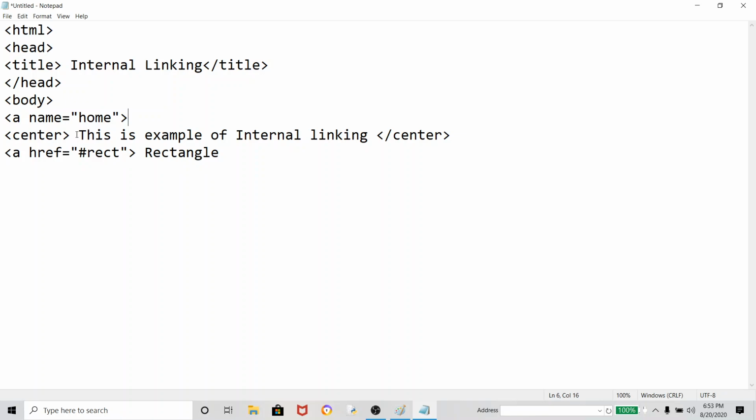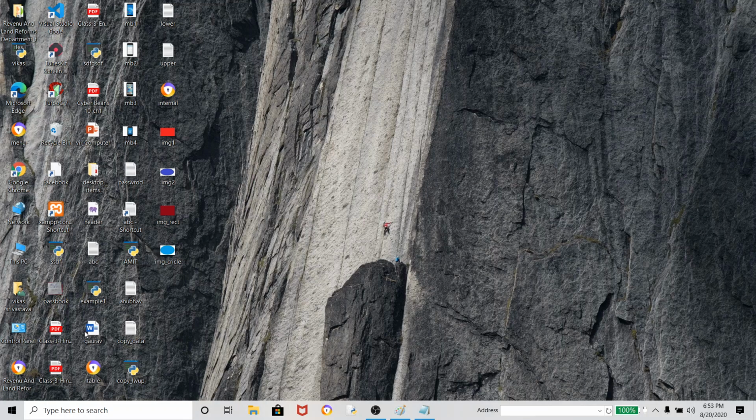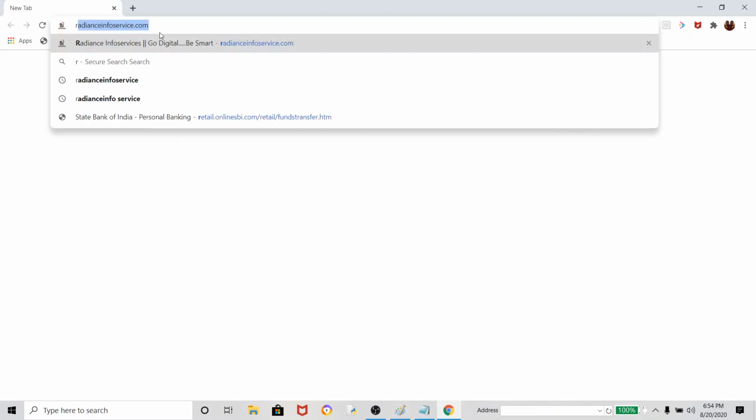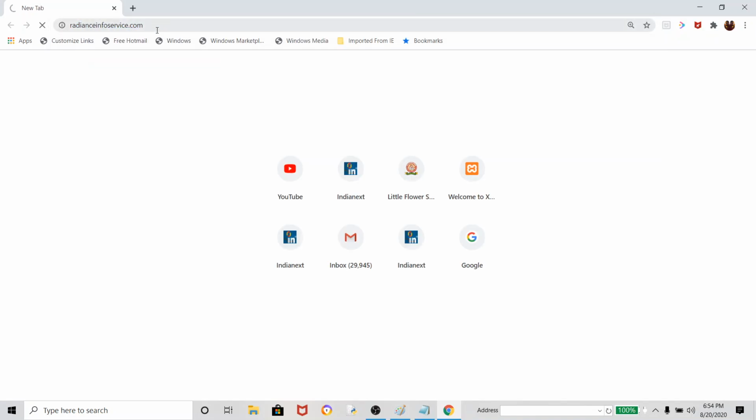In that, what I am displaying in the center is an example of internal linking, and one link of the slash a, like that. Look here, let me open the browser, and in this one I have to open the Radiance, so let me press enter.